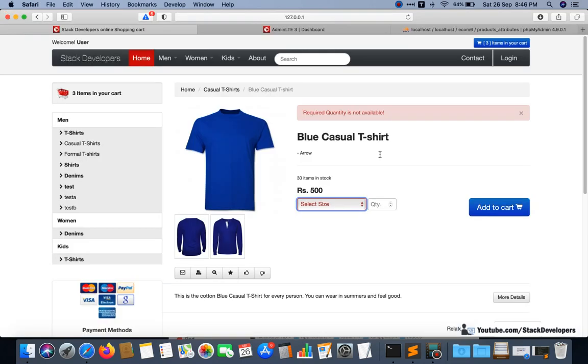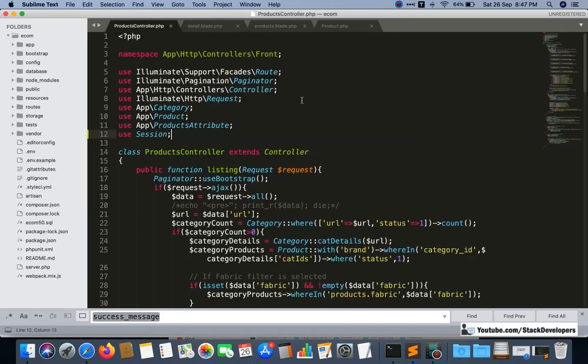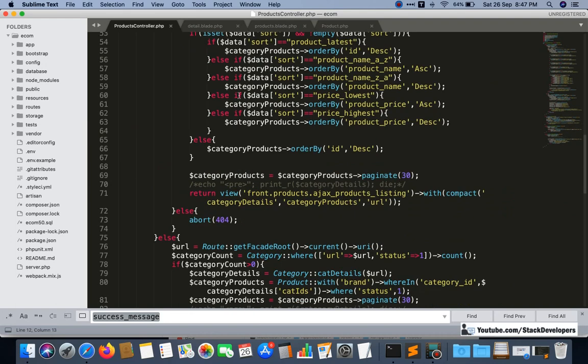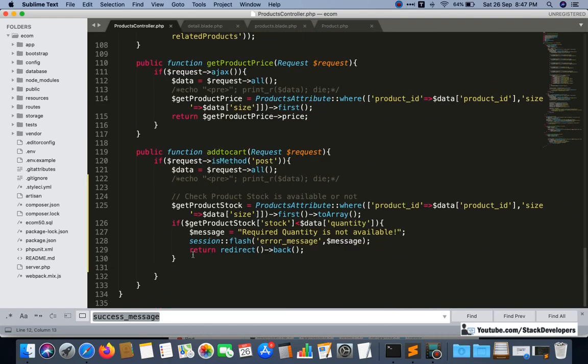But this one also we can show, required quantity is not available. So one more check we are going to add: if the user has added this size, and after that tries to add that size again. But first of all I am going to generate the session now. After generating the session, we are going to save the product in the table. After that we will work on that check. Otherwise we will not come to know. So I'm going to generate the session now.